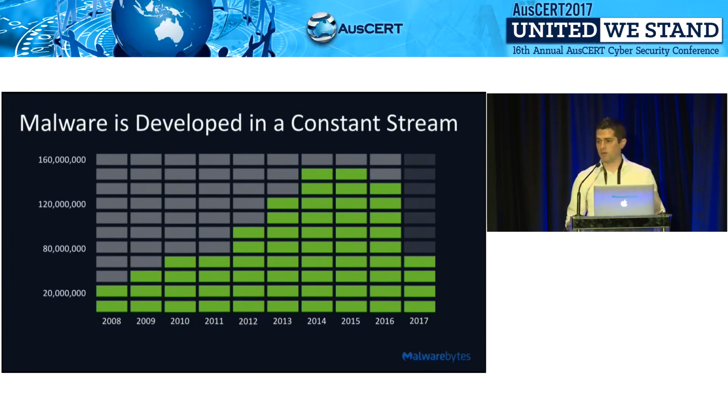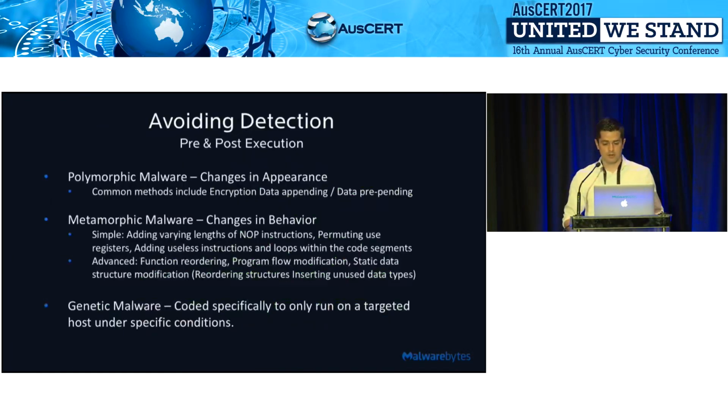But how? How are malicious attackers able to accomplish these types of attacks with this level of efficiency? And the real answer is that the barrier to becoming a malicious attacker has significantly dropped. I'll describe a couple different ways by which that barrier to entry has dropped, both in delivery and detection evasion. First, I want to talk a little bit about different categories of malware techniques by which malware avoids detection.